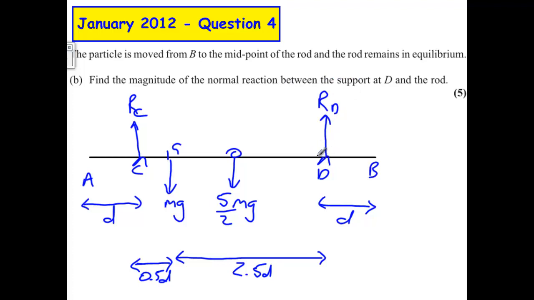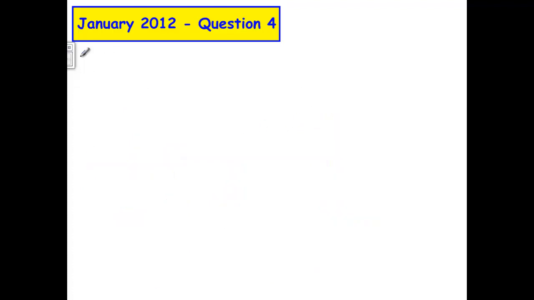Now, the only thing here that we don't know is RC and RD. Because we are only asked to find RD, the reaction between the support at D and the rod, we don't need to find RC. So if I was to take moments about C, not only would that eliminate RC, we wouldn't have to worry about it, but it would also give us an equation allowing us to find RD. So I'm going to make it clear. I'm going to say moments